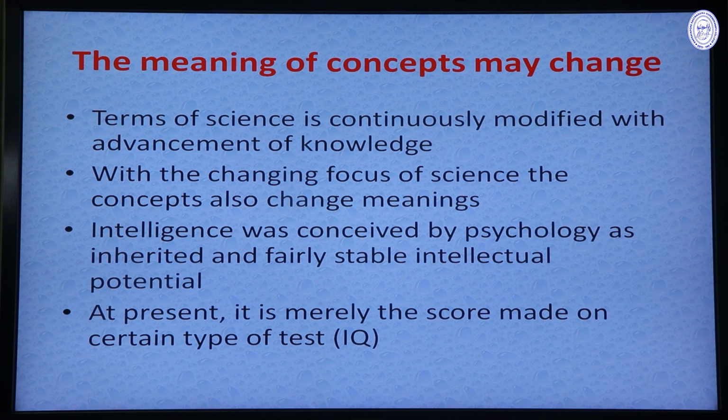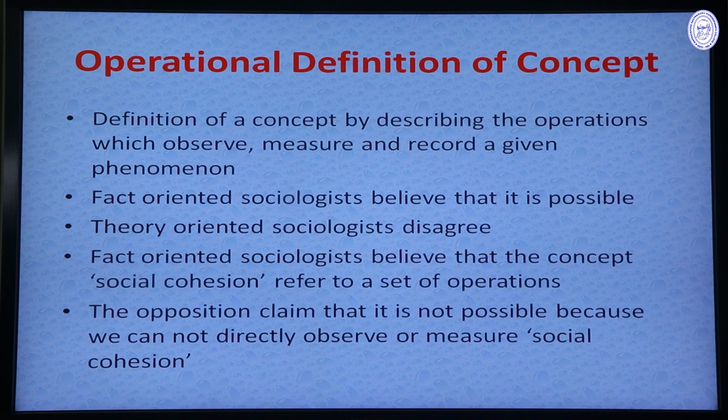This way psychology defined intelligence some time back, but at present it is merely the score made on a certain type of test. Presently it is merely the score which one secures in an IQ test, that means intelligence quotient. So the way psychology defines intelligence today is quite different from what it used to do sometime back. So these five problems lead to the more important issue